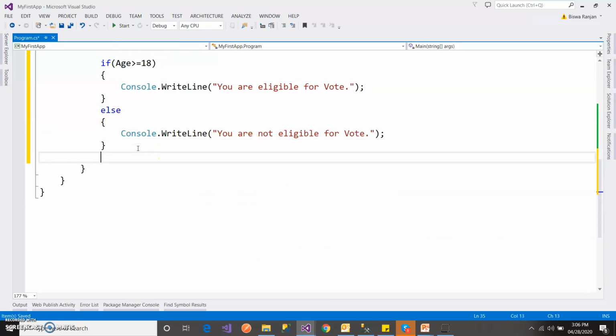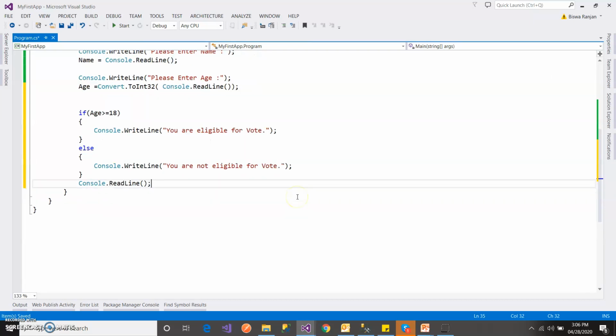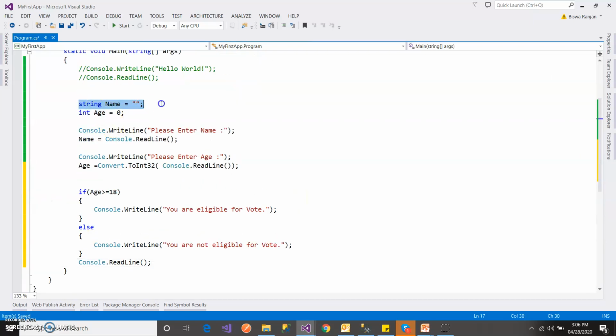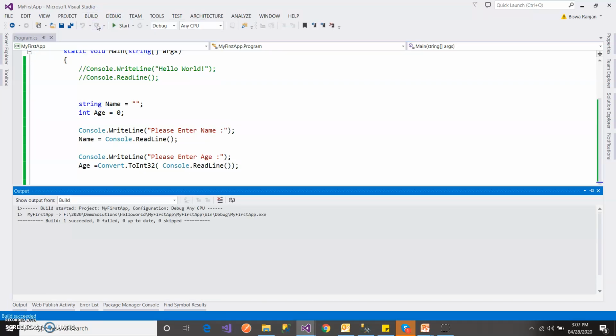So I will hold the screen. You can see here name, age: getting the presenter's name input, getting the age input as a string and converting it into Int32. Then I am validating this. If the age is greater than or equal to 18, then you are eligible for vote, or else you are not eligible. So I am building the application, build succeeded,